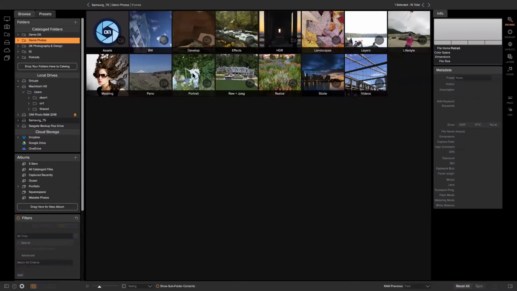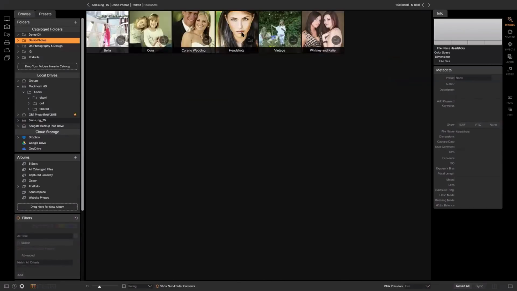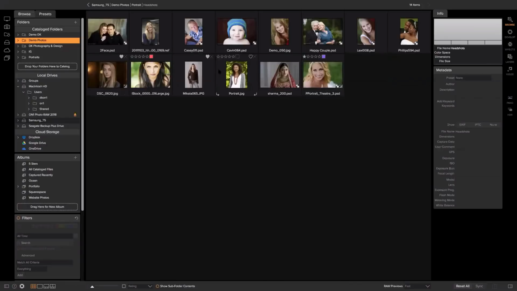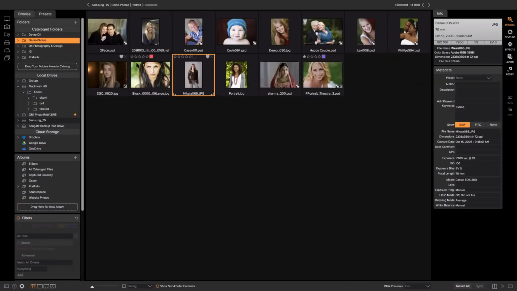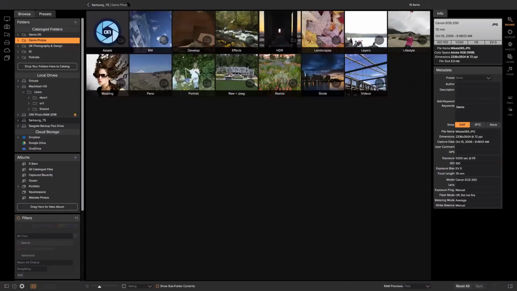So let me jump in. I think I have a cool one under headshots. Yeah, here we go. So again, I'm just in browse. I'm navigating throughout my different photos. This is all non-destructive, so any editing that I've done, I'll actually just show you guys that real fast on